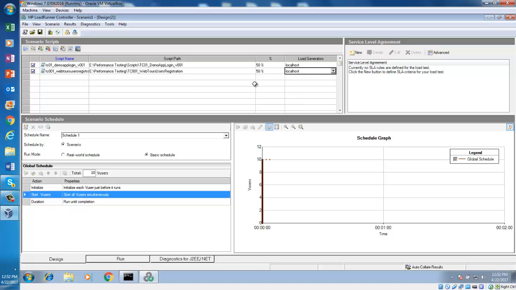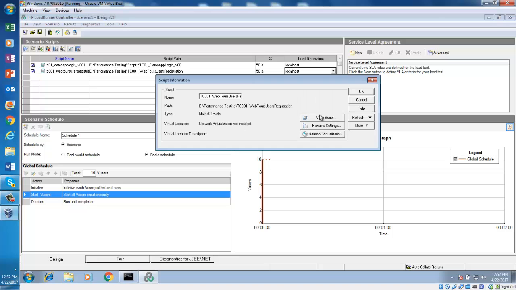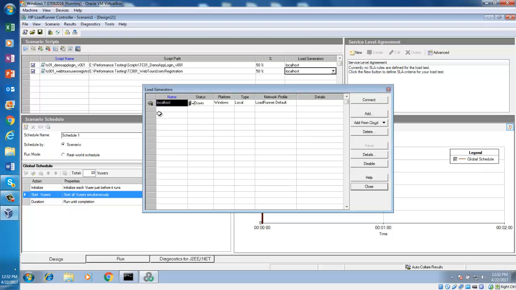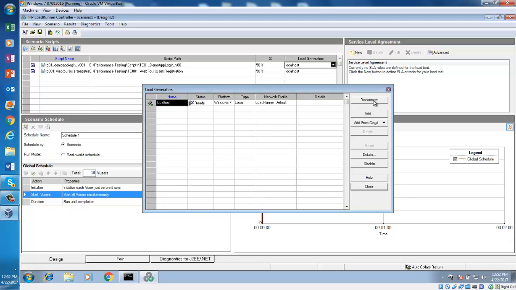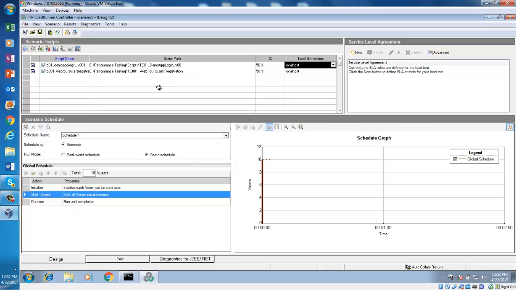Now I have to make sure that my localhost is connected. How do you make sure your localhost is connected? You click on this server icon and you click. Can you see now it is down? You make sure that it is connecting successfully, right? If you click here, it is already connected. Can you see it is ready with this icon? And the disconnect. If you are not connected, it will ask you to connect. Okay, then I have these two scripts, right?